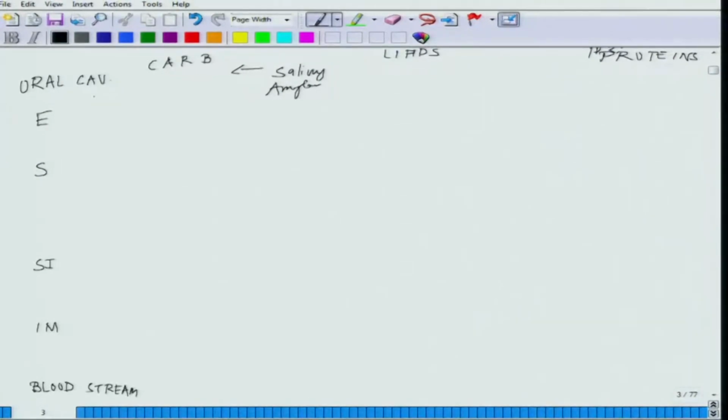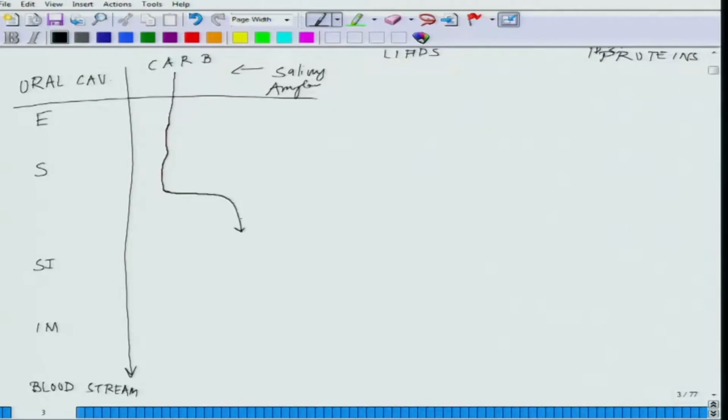Okay. During this course of movement of the food, what is getting affected where? In the oral cavity, it is basically salivary amylase. From here, it moves all the way to the small intestine. In the small intestine, it is basically